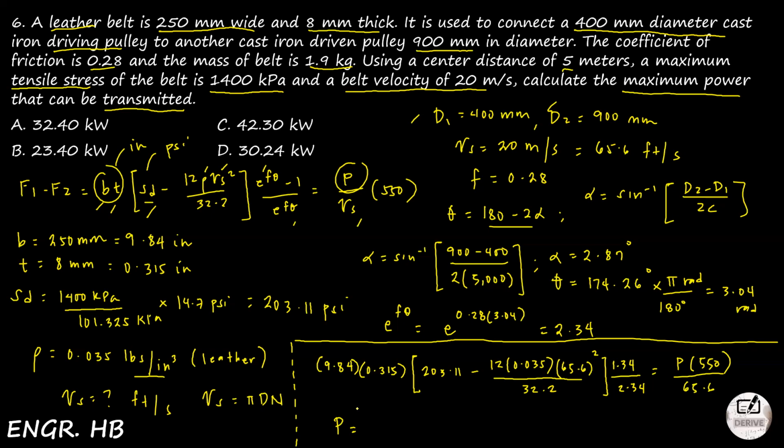Unahin mo muna yung nasa bracket. 203.11 minus 12 times 0.035 times 65.6 squared times 30 divided by 32.2 times natin na 9.84 times 0.315 times 1.34 divided by 2.34 times 65.6 divided by 550. So the answer is 31.12